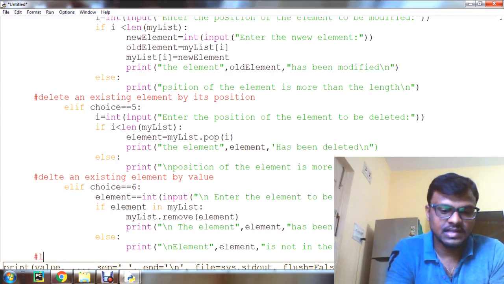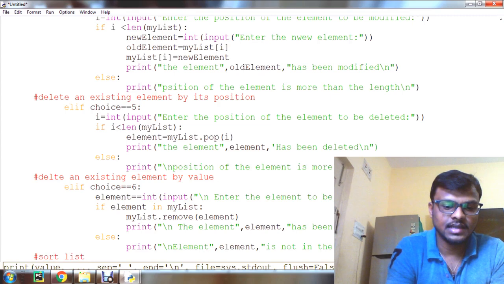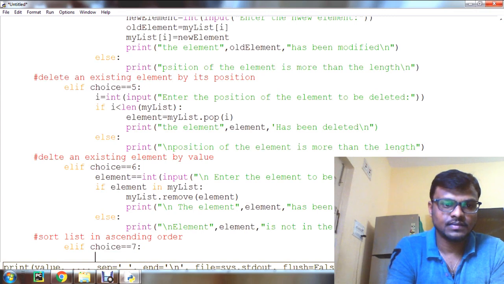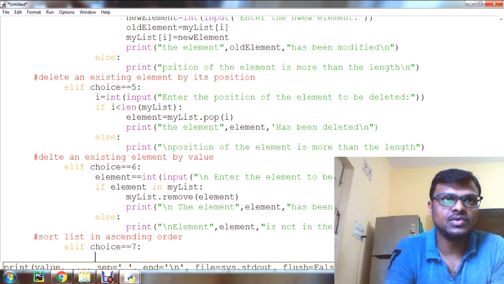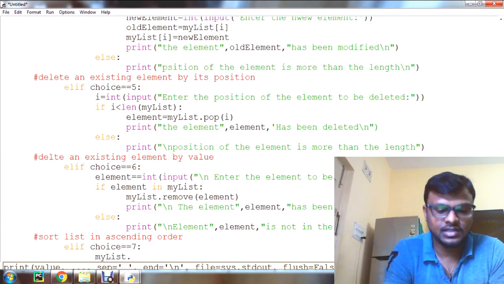Well guys, now we'll see the next operation, that is sort list in ascending order. Here elif choice is equal to 7. Here what we'll do, first we'll take my list dot sort.